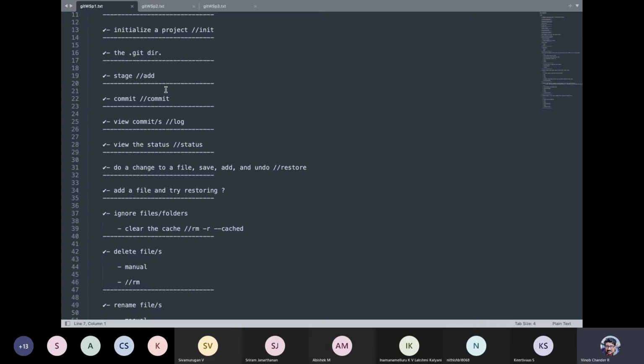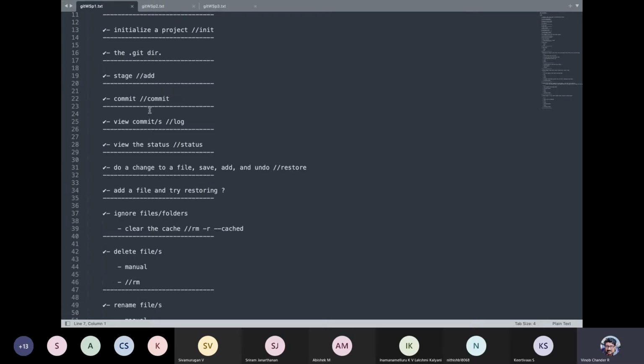We talked about the staging environment, the working environment, and the different states. We talked about the modified state, the unmodified state, and untracked files, etc. And remember, untracked files are not taken care of by Git. So even if you add a particular file and it is untracked, and then you try to restore it, as we have seen yesterday, the file still remains. It doesn't get deleted. You delete it manually.